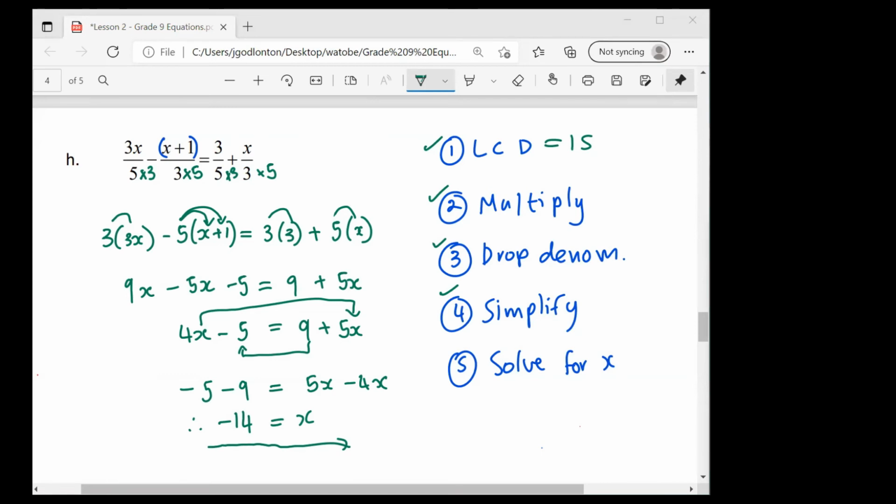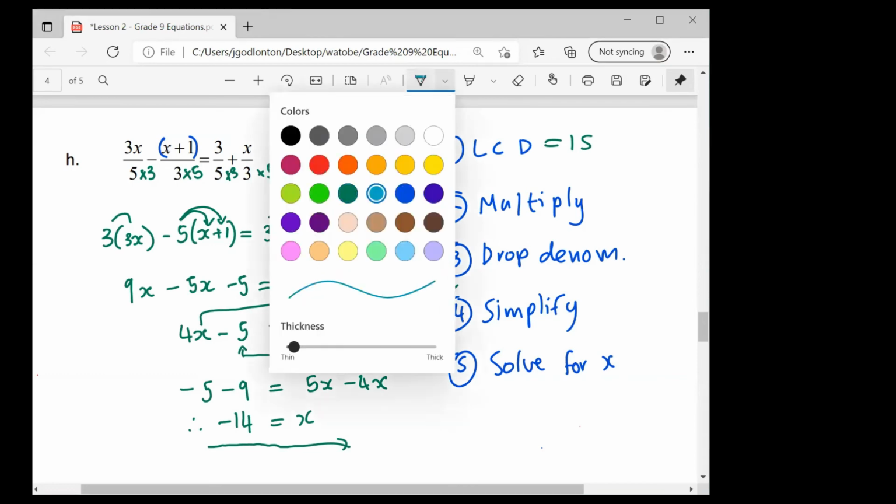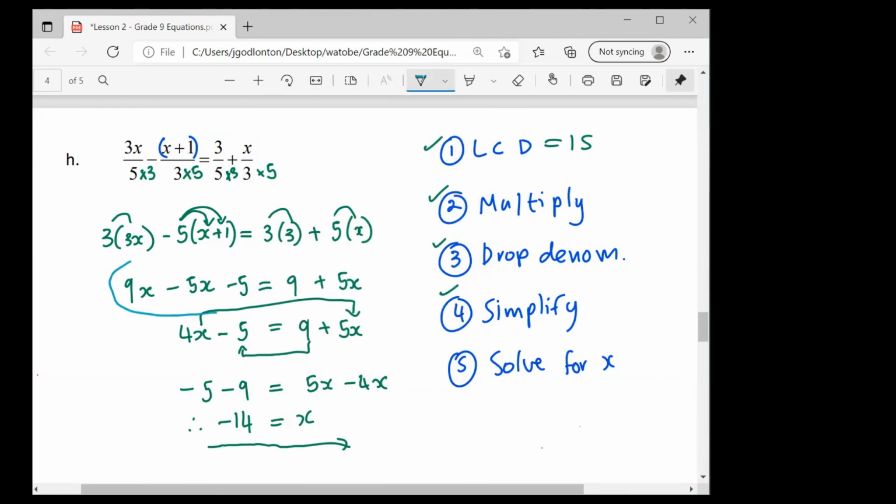Ma'am, yes. I don't know what I did wrong, but I got -4. Okay. Let's have a look through the steps, Jaden. Does this line over here, does that look the same as mine? Yes, ma'am. Okay. So then tell me what your next line looked like. Oh, snap. Oh, I just see it. Oh, you got your mistake? Yes, ma'am. Good. And that was just a small error then. Yes, ma'am. Thank you, ma'am.